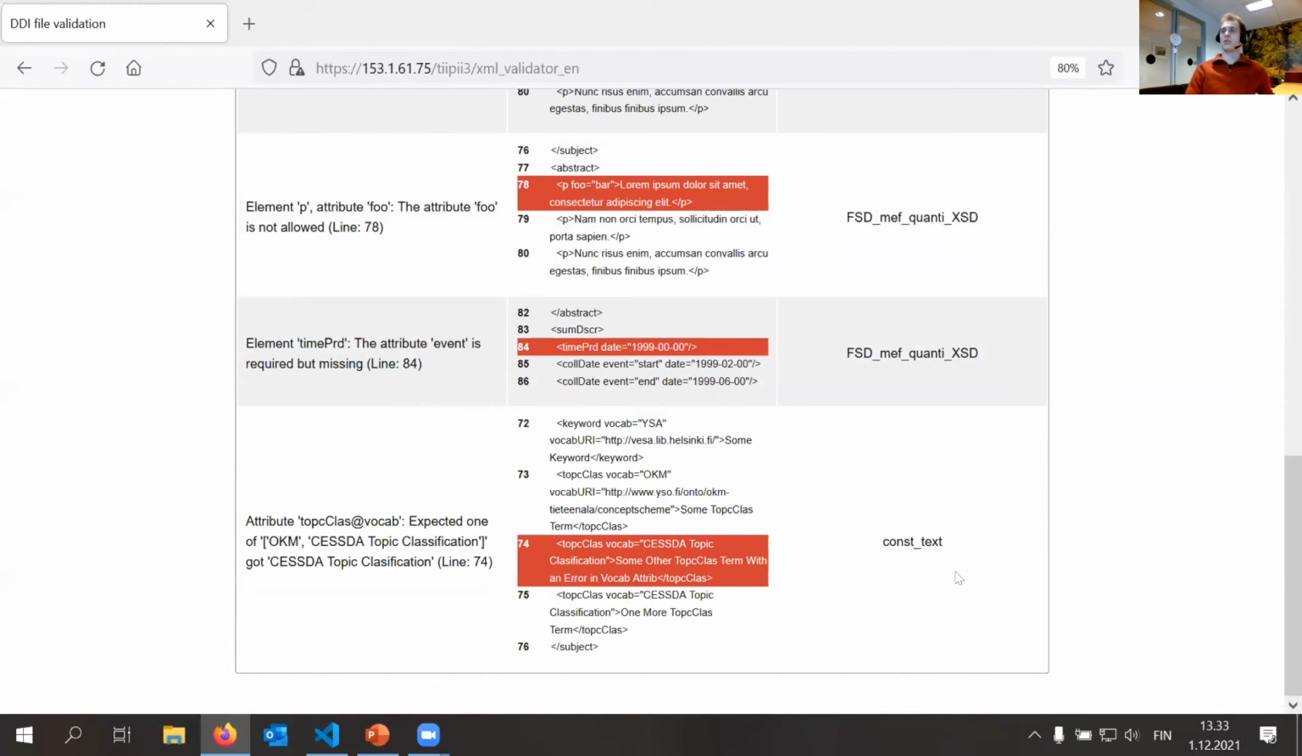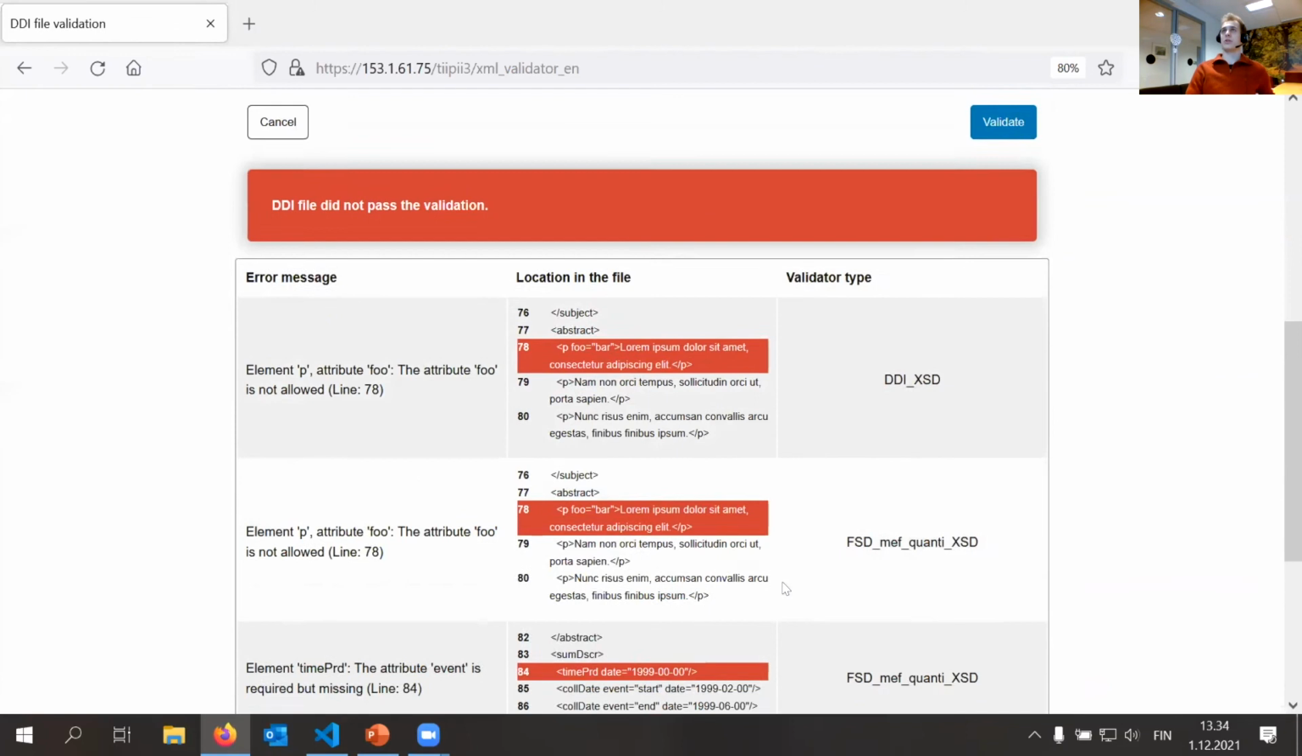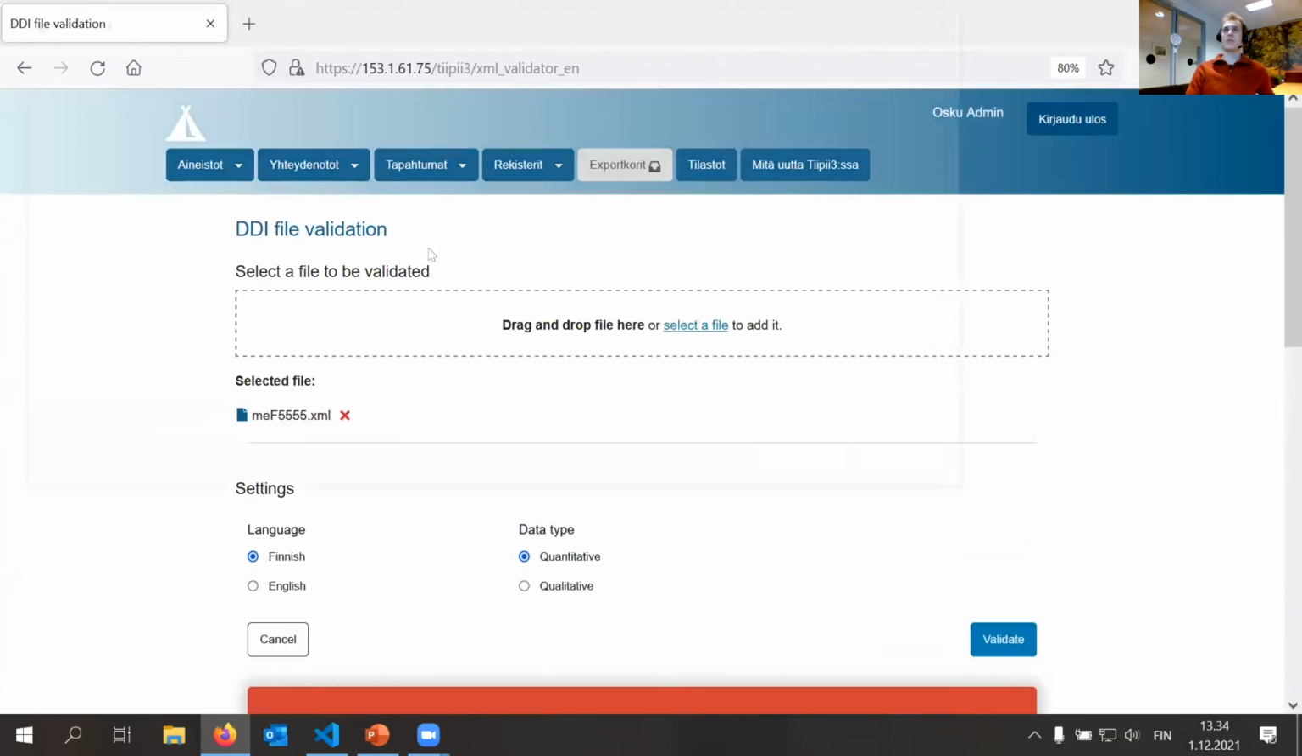And then we have the constant text validation error. It says that it expected one of these. And then we got the topic classification, and there's a typo. And it's on line 74. And by showing these errors, it's really easy to just see which line caused the error and go and fix it. So if we look at the third file